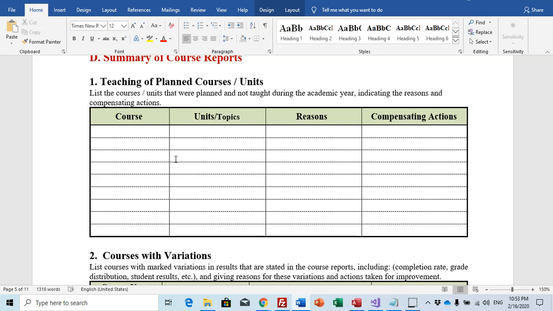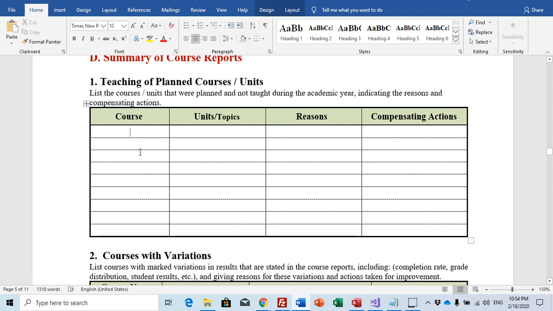Every course should contain units and topics. You have to write here the courses that were planned and not taught during the academic year, indicating the reasons and the compensating actions.